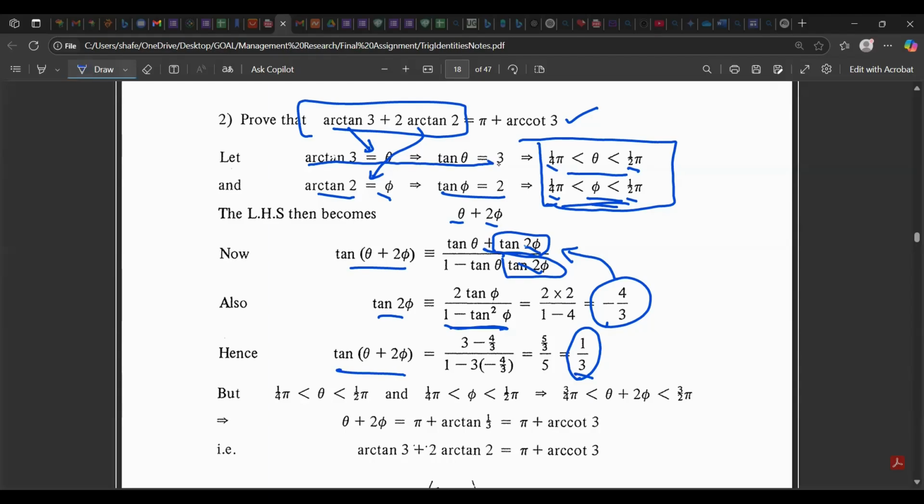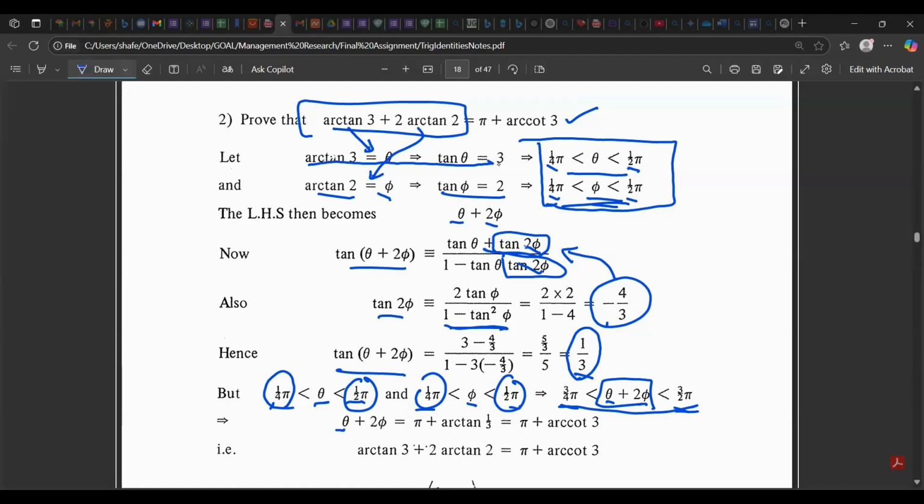Notice what is said here now. If theta is in this range and phi is in this range, then theta plus 2 phi will be in this range. Notice what they did. They added this to 2 times that, and added this to 2 times that, and you will get that. So this falls into this range. Therefore,